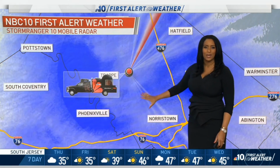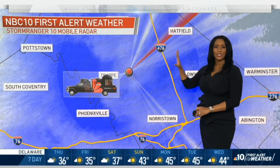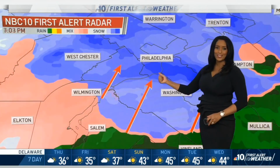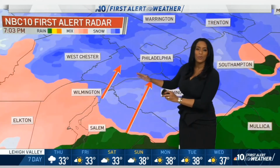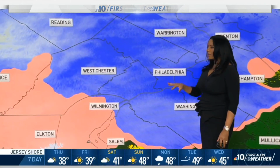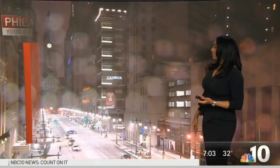It's looking for any type of changeover right now to the north of Phoenixville, and we are not seeing it. So we still have steady snow coming down near Pottstown. But we know that warmer air is working into the system, and that means you're going to continue to see this rain snow line moving further and further to the north. And as it does, it's going to cut off a lot of our accumulating snowfall totals. So basically, right along that I-95 corridor, whatever you see on the ground is basically what we have for this